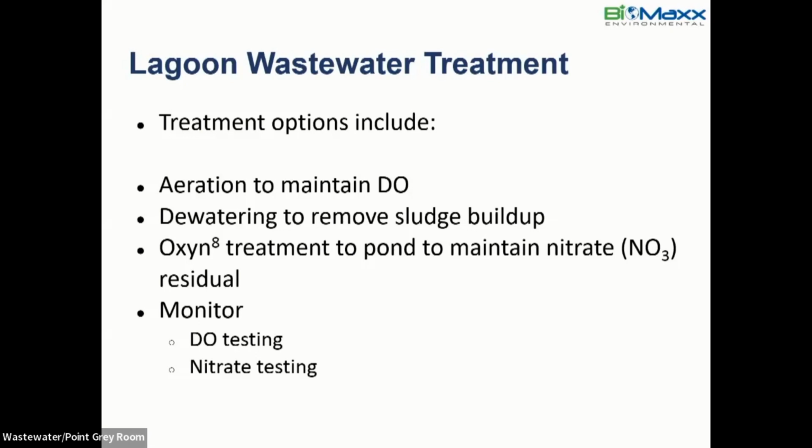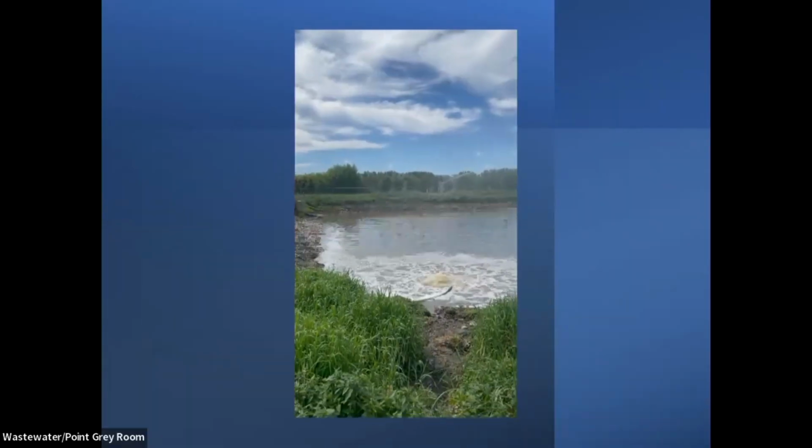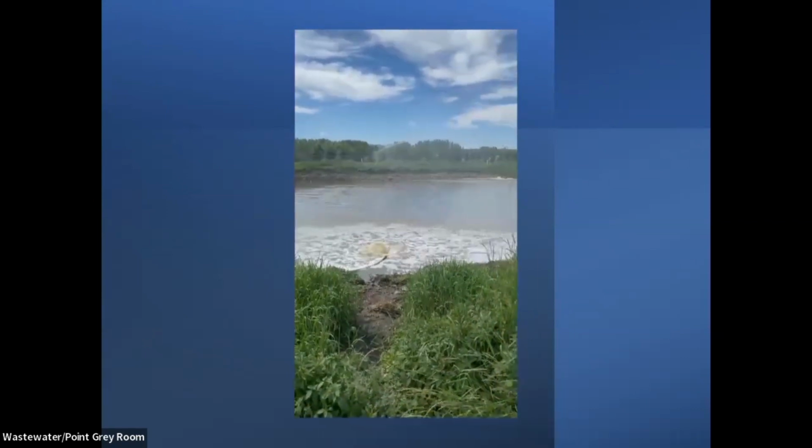And no surprise, now it's got capacity problems and odor problems. I think I know why that is. With some of these simple treatment things, we can test for dissolved oxygen. We can test for nitrate, if we apply nitrate to it, and then we can get good results. And I just wanted to show finally, this is a simple aeration solution that one of our customers did, because